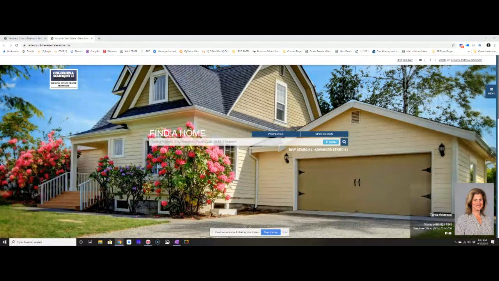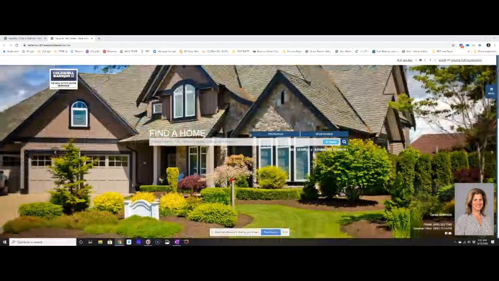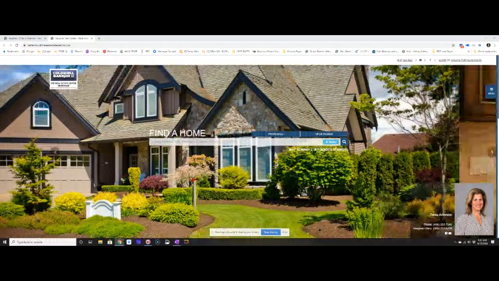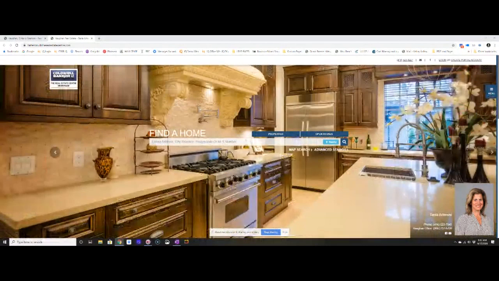Your website is your IQ username, which is your first initial last name, .cbtherealestatecenter.com. So that is your agent website. You are going to get a site that looks similar to this with your name and photo in the